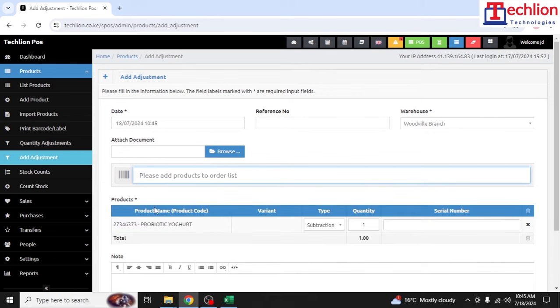You can pick as many as you want, and the products will be displayed according to their product name, the product code, and variant, in case there is a variety. And then you will specify the type of adjustment, whether it's a subtraction or an addition. Then you will input the quantity that you either want to subtract or add. Now that we want to add the quantity,